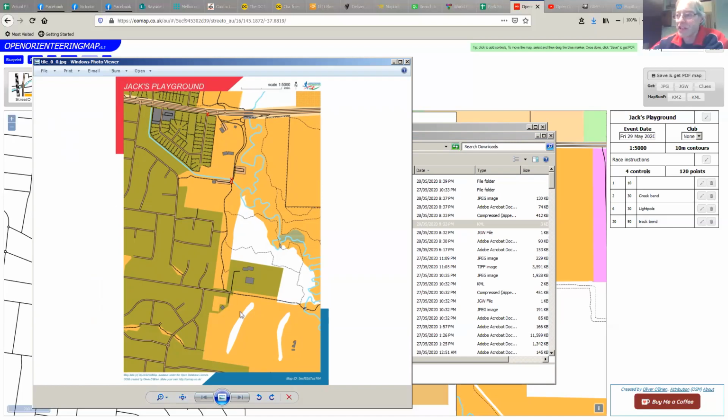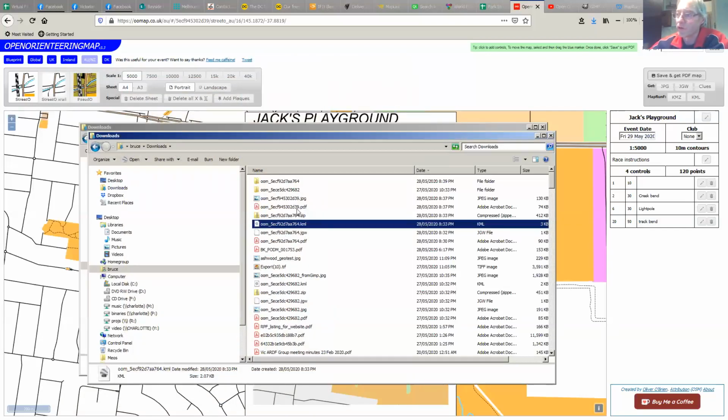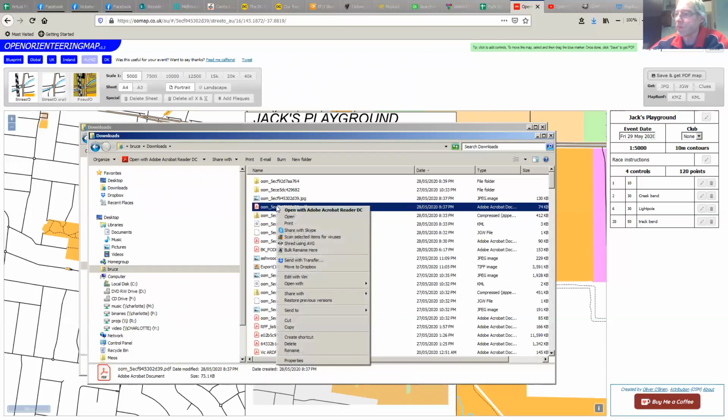So the only reason it doesn't have the controls on it is that if you had the controls on it and MapRun is putting its own controls on top of it, you end up with two different size circles, one on the original map and one added by MapRun, and maybe the numbers in a different place. So you'd end up with basically a disaster. So basically, because MapRun is adding the controls itself based on the KML file, you can't have them on the JPEG. However, that's an easy way to get a high-res JPEG, or you can feed the PDF file into something like